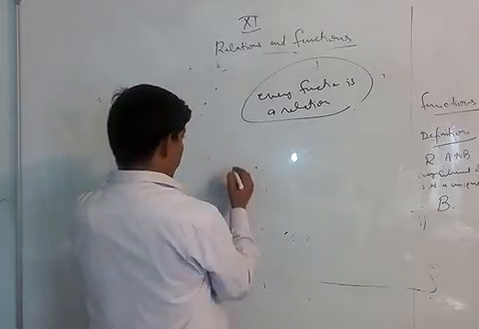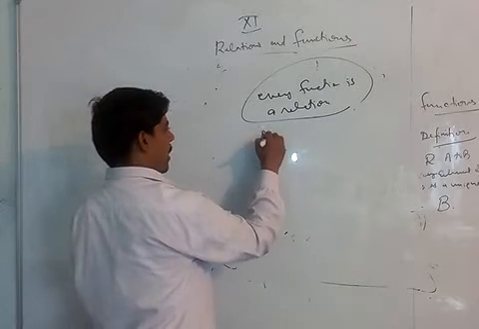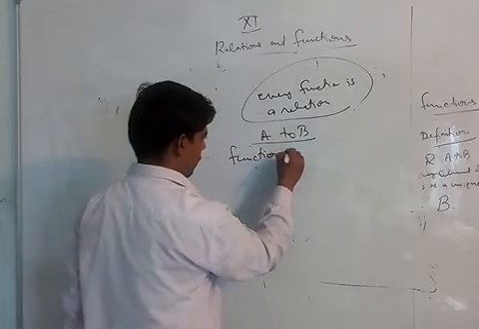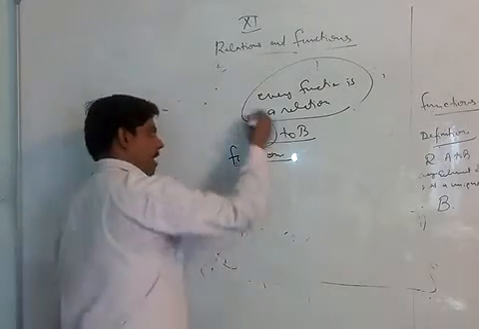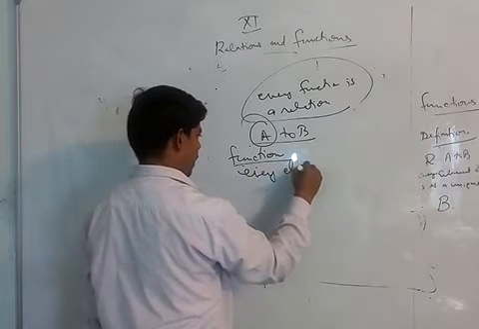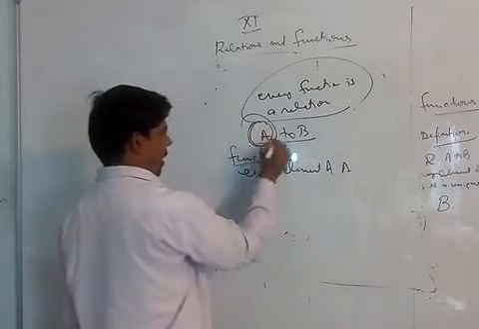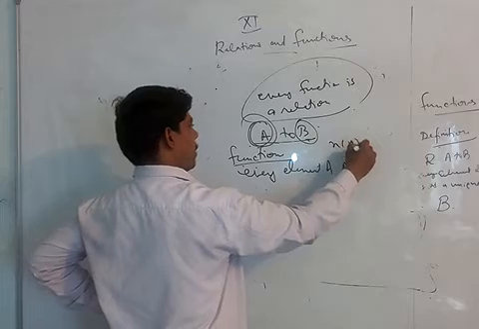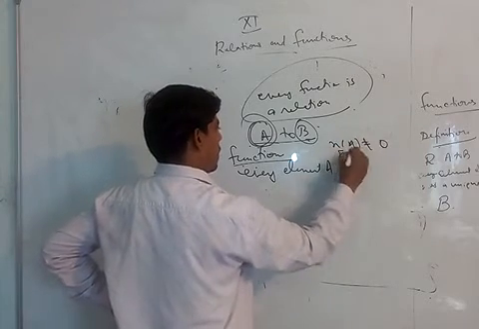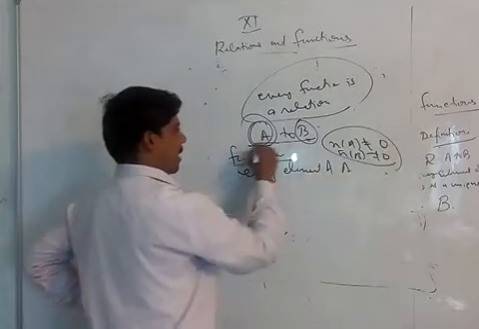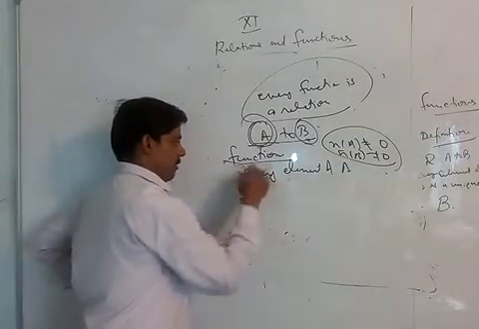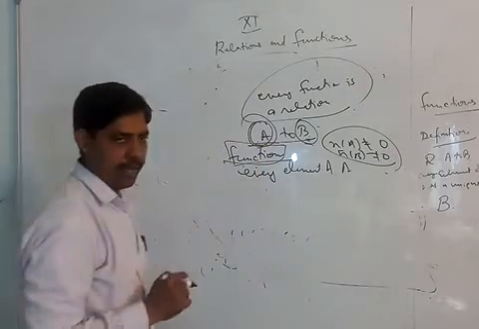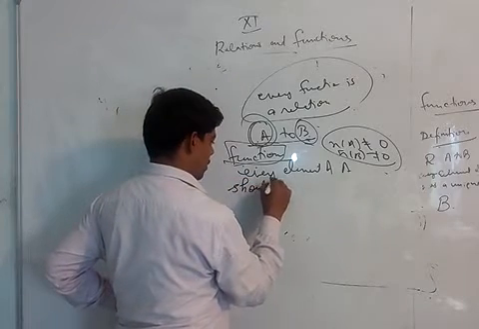Some special type. So the definition is: a relation from A to B is called a function if every element of A, first of all, A and B should not be empty sets. Okay, that is n(A) is not equal to 0, neither n(B) is equal to 0. So we are not looking at empty sets. Empty set में work नहीं करता. Function should be a non-empty set A to non-empty set B. Every element of A should have a unique image